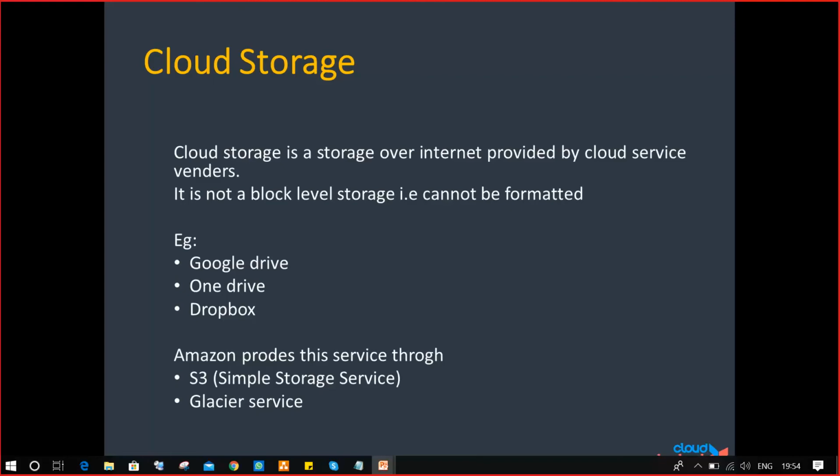As of now, is everyone clear on the storage types and models, especially from the normal world to the cloud world, and the terms we are using? Very clear, right? So let's go on to understand EBS.